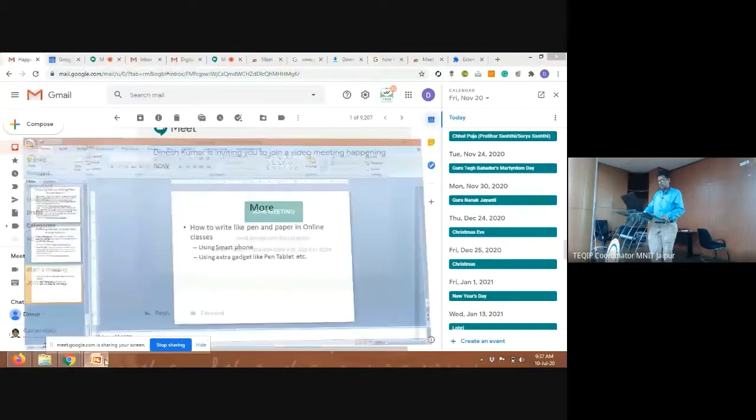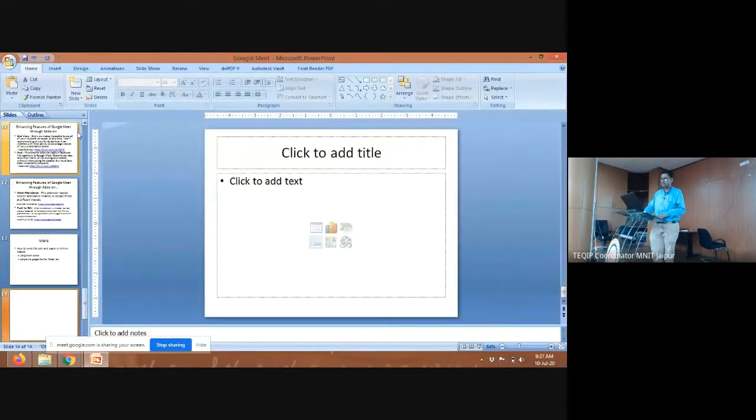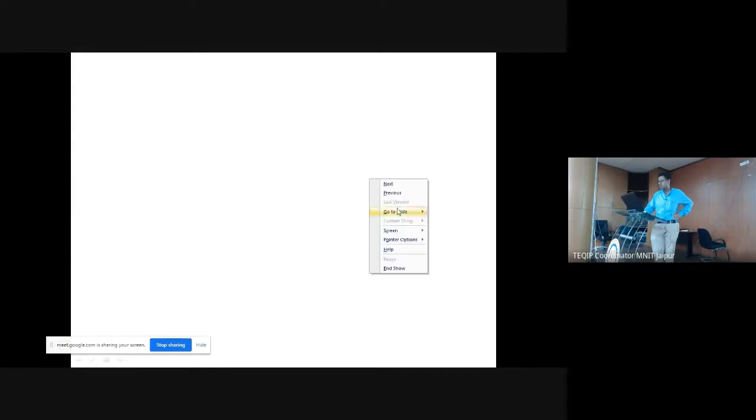Yeah, what I usually do is I was just making a white sheet, okay, and I was just sharing it like this, and just right click on this, and then you can use pointer options in the PowerPoint itself. So I can just choose the color I want. I can choose a ballpoint pen. Yes, I can, and then I can write here.